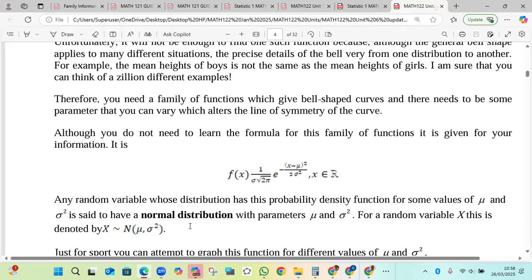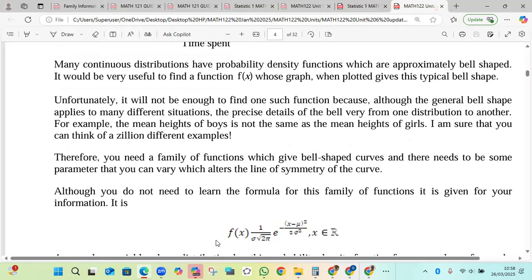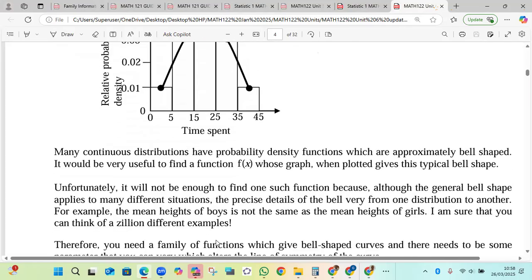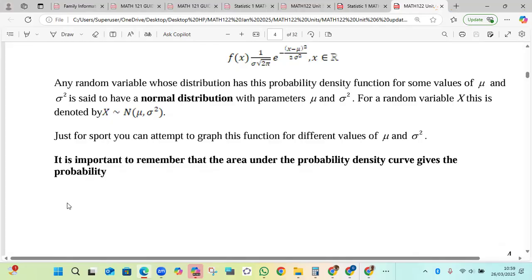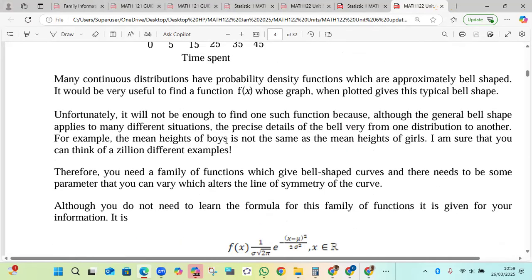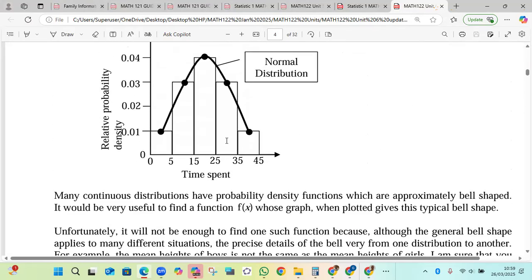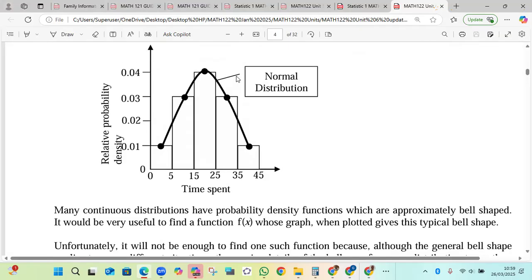And it talks about the notation for the normal distribution. So it's on page 4 that you can get the curve and the function. And here it is important to remember that the area under the probability density curve gives the probability, which is the probability density times the group width. Here, the data itself. So that should help to answer question number